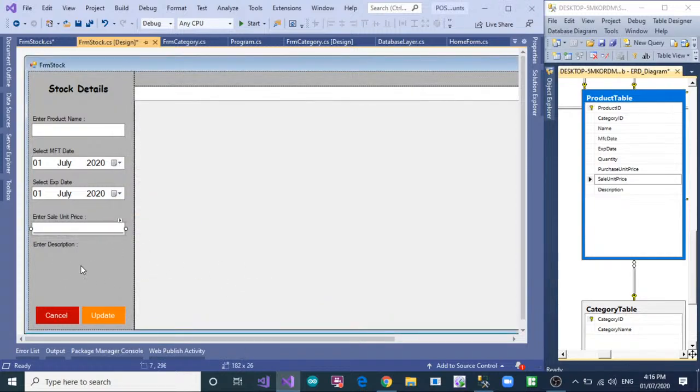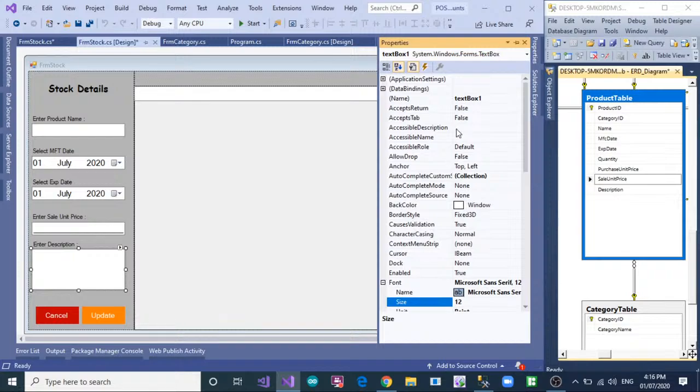Okay, so this will accept only the integer value. Also set the description. Copy it and select multi-line. So this is the description, txt description, and select this. Okay, once this is complete,